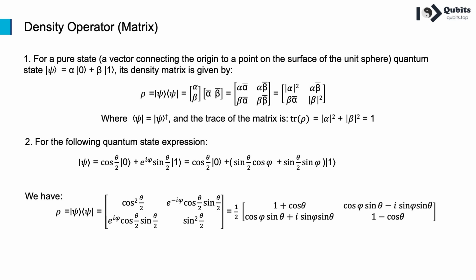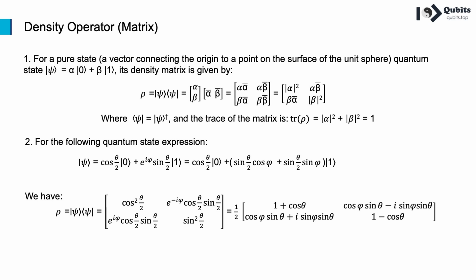of quantum mechanics. One important thing to note about density operators is that they must be positive semi-definite and have a trace of 1. This is a fundamental requirement in quantum mechanics, and it ensures that the density operator represents a valid quantum state. Density operators are an essential tool in quantum computing, and they allow us to describe and manipulate quantum states in a way that's both precise and efficient. They're an important part of the foundation of quantum computing, and they're used in a wide variety of quantum algorithms